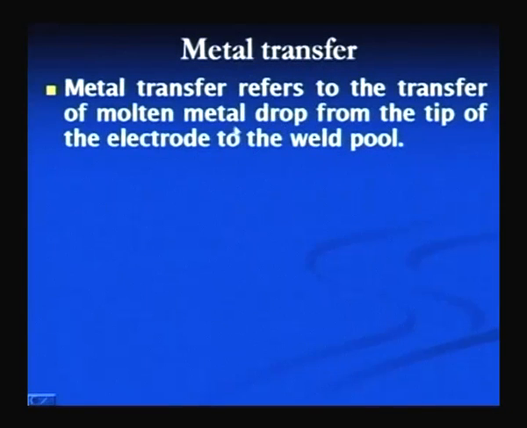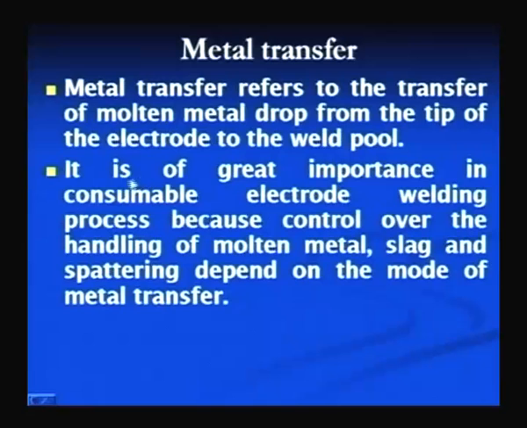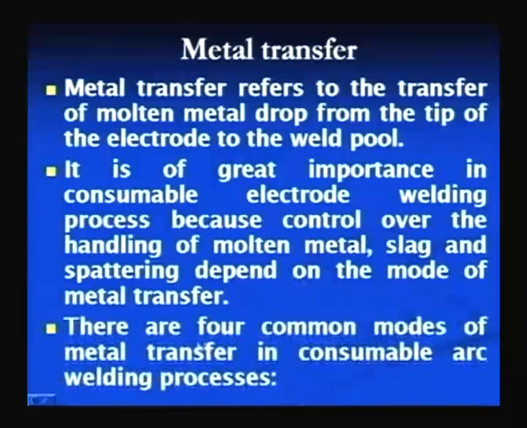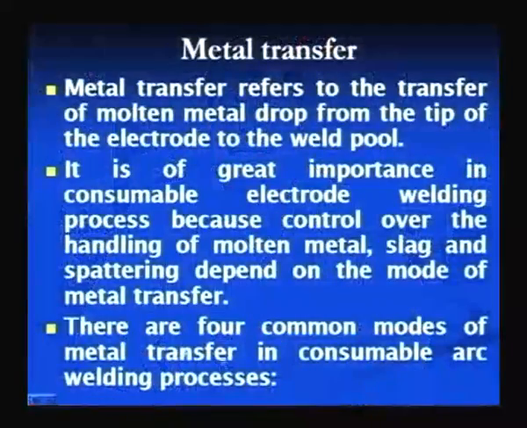Here metal transfer, as I have explained earlier also, refers to the transfer of the molten metal from the tip of the electrode to the weld pool, and it is of great importance in consumable electrode welding processes, because control over the handling of the molten metal, slag and spattering depends upon the mode of metal transfer. In the gas metal arc welding process, there are 4 common modes of metal transfer, and these are